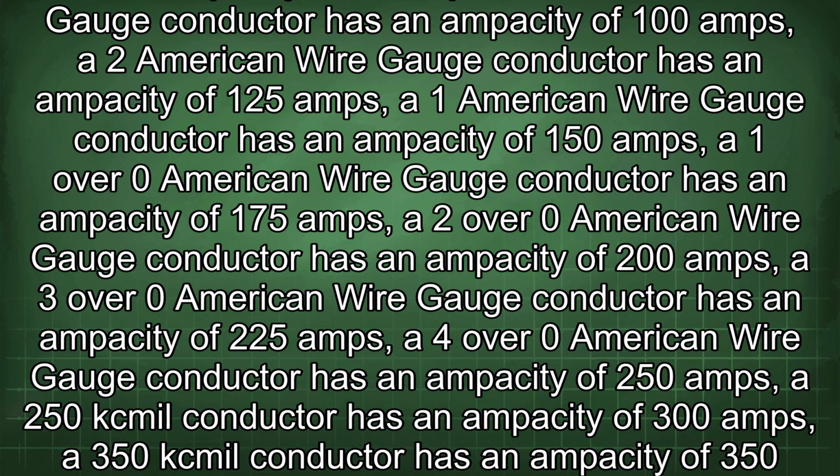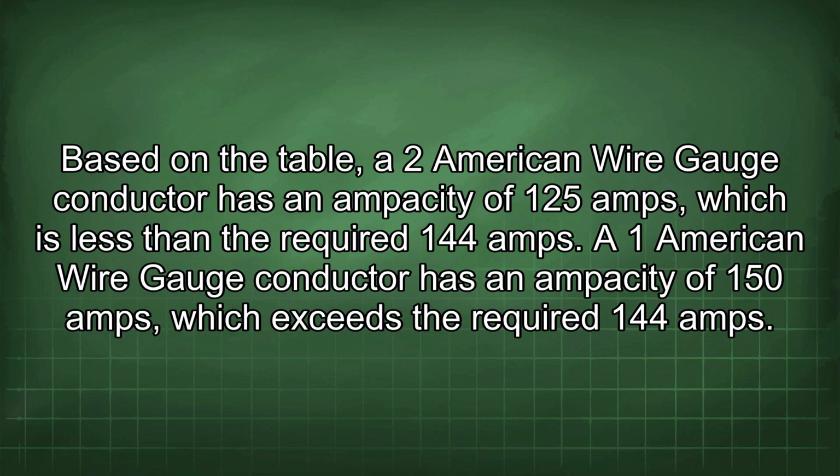250 amps, a 250 kcmil conductor has an ampacity of 300 amps, a 350 kcmil conductor has an ampacity of 350 amps, a 500 kcmil conductor has an ampacity of 400 amps, a 600 kcmil conductor has an ampacity of 450 amps, a 750 kcmil conductor has an ampacity of 500 amps, and a 1000 kcmil conductor has an ampacity of 600 amps. Based on the table, a 2 American wire gauge conductor has an ampacity of 125 amps, which